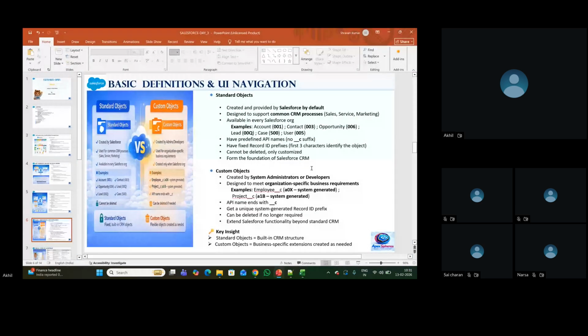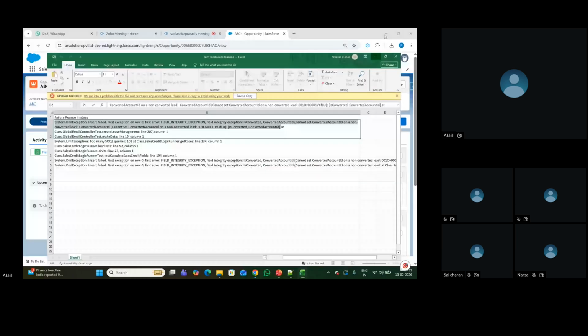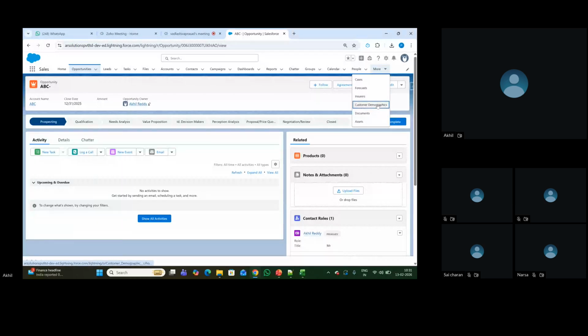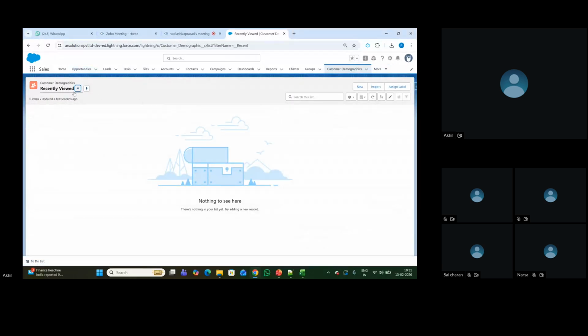So, designed to meet organization-specific business requirements. Examples: employee_c. These also have a generated 3-character prefix in order to identify that custom object. Projects. I have some custom objects built in. If you go to this, this is a custom object I built. If you take any records,